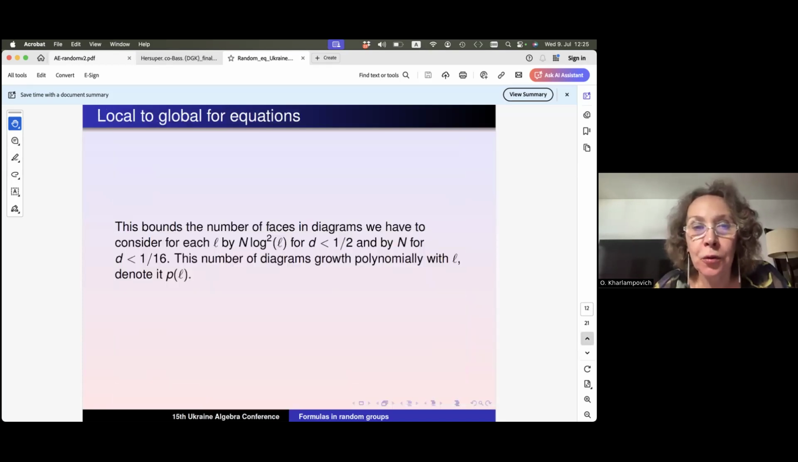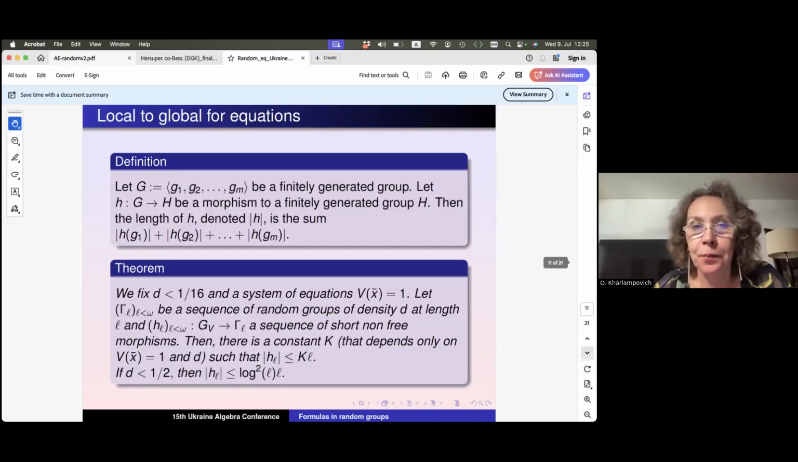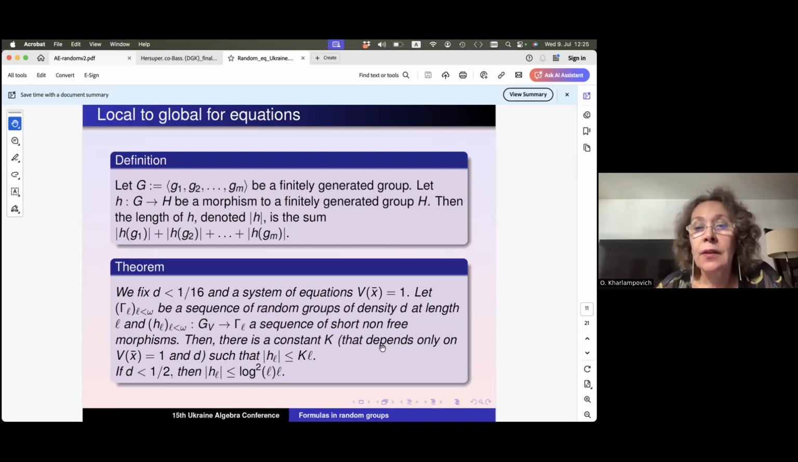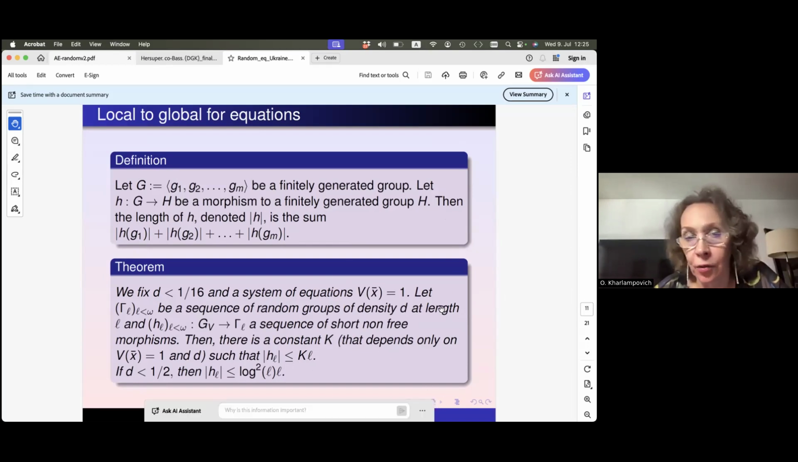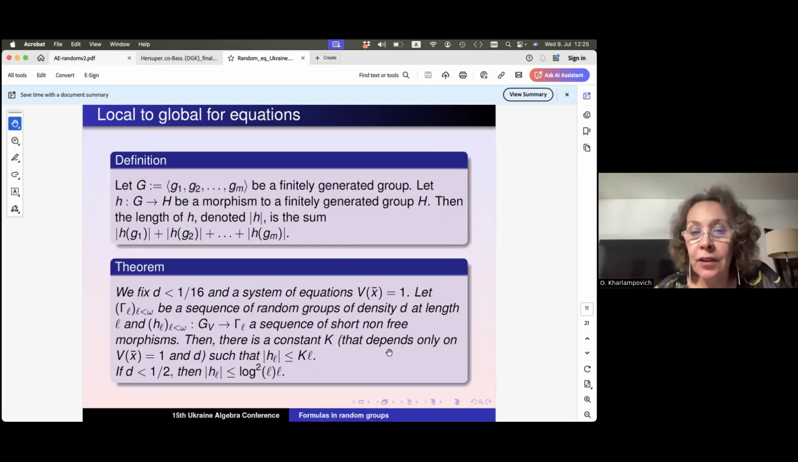Now, how about local to global? Let me return to this. If you have a finitely generated group G and there is a morphism to a finitely generated group H, then the length of the morphism is just the sum of the lengths of the images. Using actions on R-trees and the so-called shortening argument, which is the most complicated part of the proof, we can show that